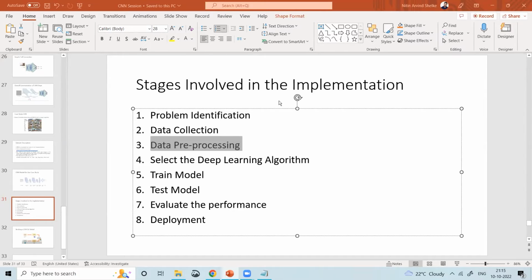Okay, if it is a problem related to sentiment analysis from text, then the steps are problem identification, data collection, pre-processing. Then selecting the deep learning algorithm, which means LSTM or RNN. If it is image related, like in our case, then we select the CNN, or we can